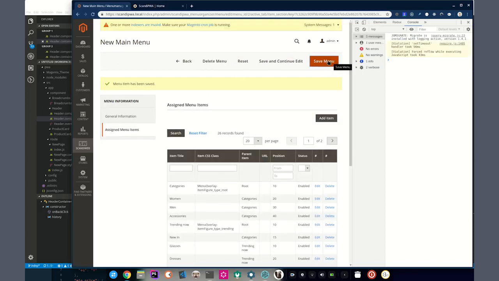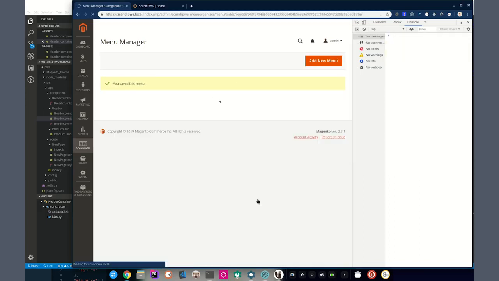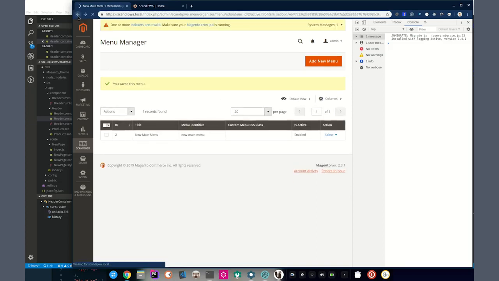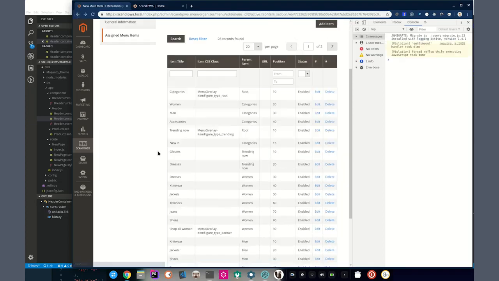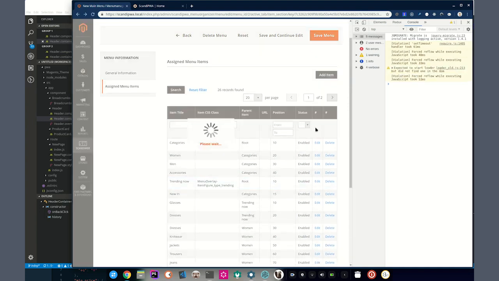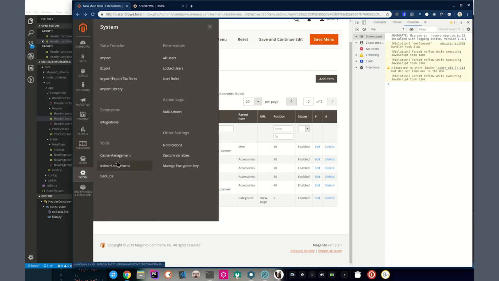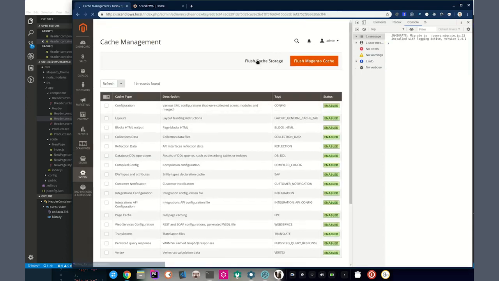Good, we have saved it. Let's save the menu as well. Let's check whether it was enabled or disabled. I haven't paid attention whether it was disabled or enabled. New page, enabled, position 0. Okay, let's see. Now we have to go to the cache management, and we now have to clean the